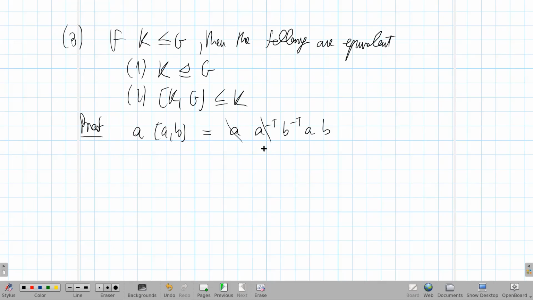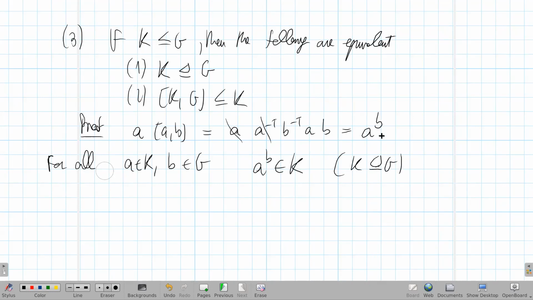These two cancel out, of course, and what you get is A conjugate through B. So there is this simple relation. So for all A in K and B in G, to say that A to the B is in K, which means K is normal in G,